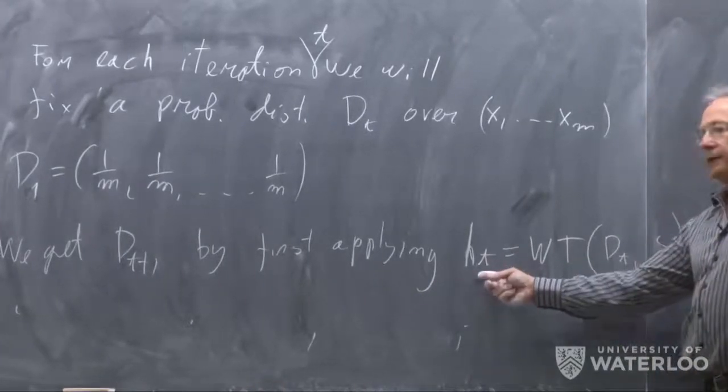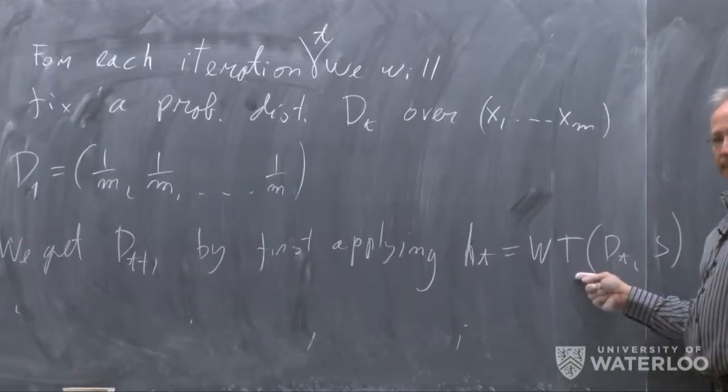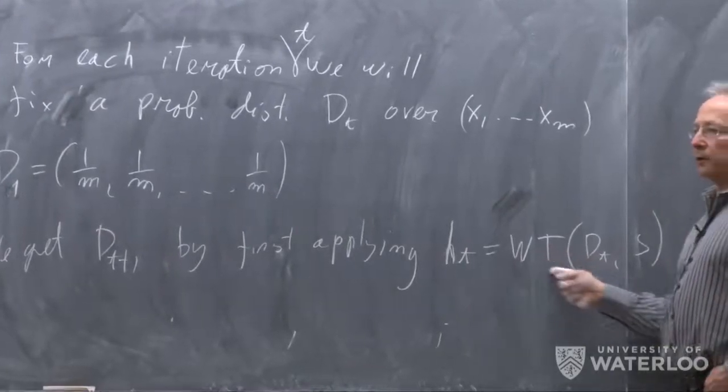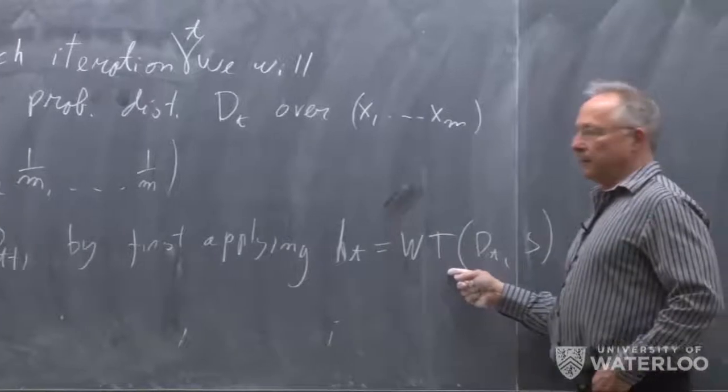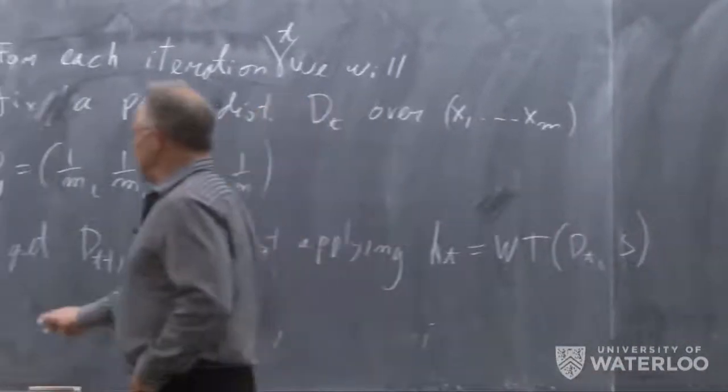So I feed the sample weighted by D_t to my weak teacher. This is the distribution that the weak teacher is trying to learn. I feed this sample to h_t, and